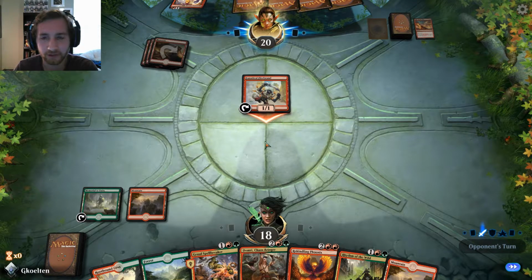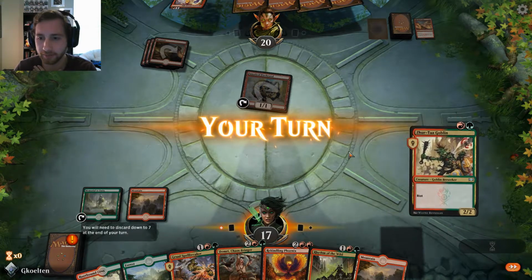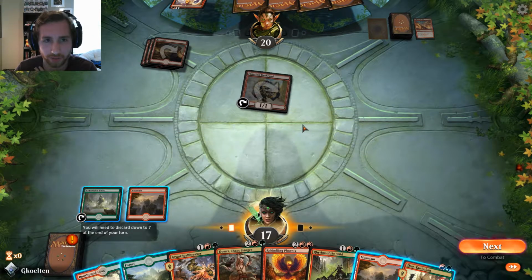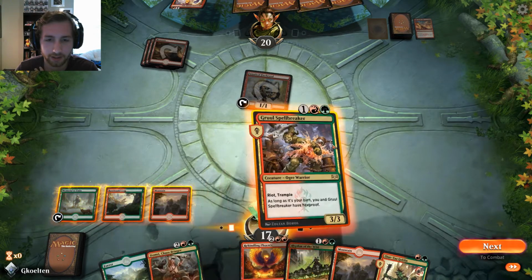So we could be very behind. I like that that shock went towards the dome, though. That means that we don't have to deal with it. There's that 2-drop that would be 1. Okay, let's play you. And we...